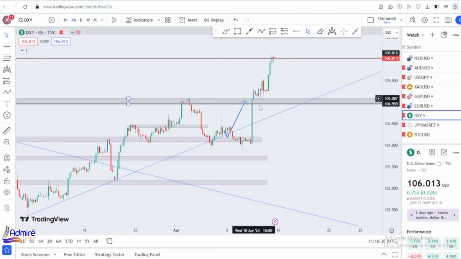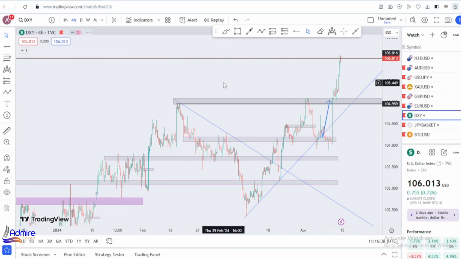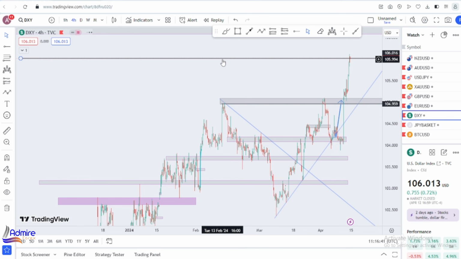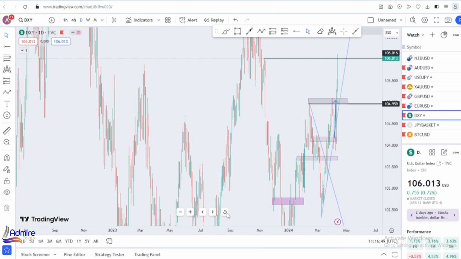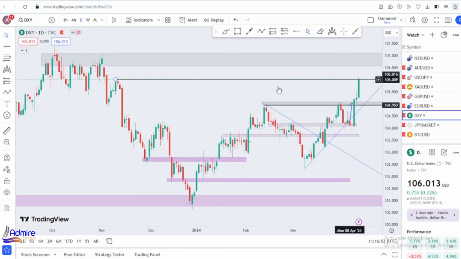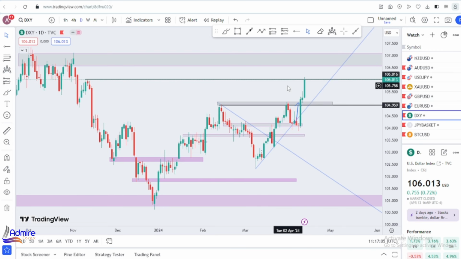Although the DXY has been on a super bullish trend all the way to the upside with the help of CPI, last week I also said these areas are a concern. If we look left on our daily time frame, you can see that price is currently at a very strong resistance level on those areas. That's why we have price around there, and that's the area in which the market closed last week.